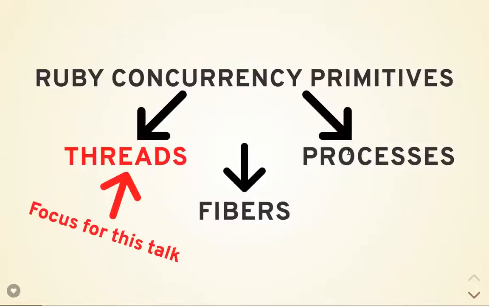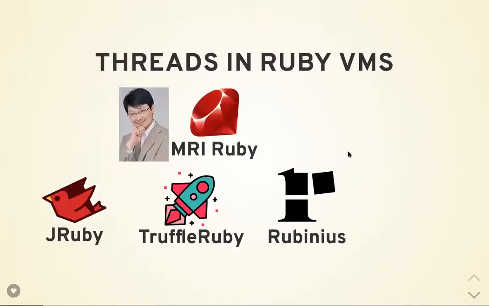And let's talk about how Ruby works with threads. So you might not be aware, but there are actually multiple Ruby implementations. The one that most people use, or that most people call basically Ruby, is MRI Ruby. And the name comes from Matz, that lovely Japanese gentleman who created Ruby. And MRI means Matz's Ruby Interpreter. Ruby is no longer